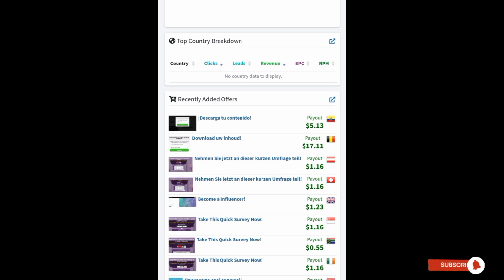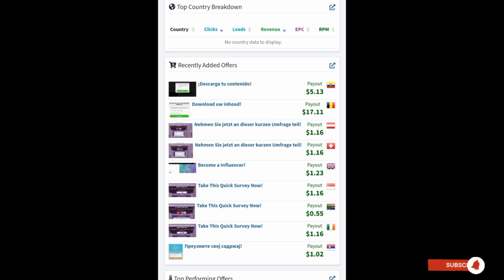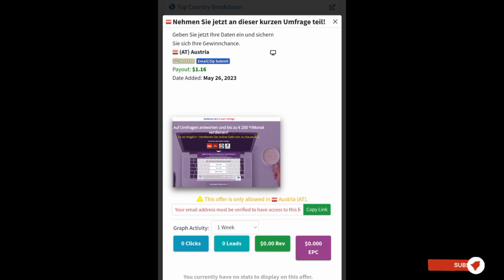Here are the recently added offers. You can see the product on the left side, and you can see the conversion on the right side. So if we click on the product, you will see here that it is only available in Australia. And the payout is $1.16. All you have to do is to copy the title like this,